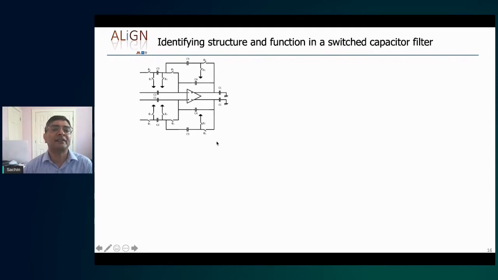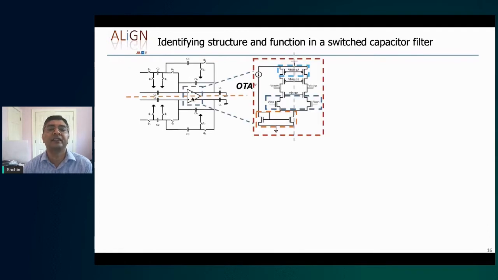So remember that this is really provided to us in the form of a SPICE netlist. We don't have the schematic view. So the first thing we want to do is to actually recognize that there are these building blocks over here. So for instance, we might want to recognize that there's an operational transconductance amplifier as shown over here. And this OTA or op-amp can be extracted from here. And the op-amp internally consists of a netlist of these types of transistors.